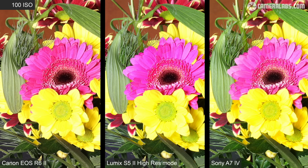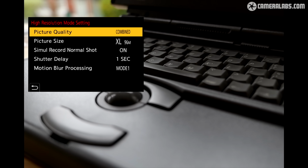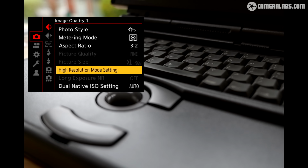Look closely and you'll see finer detail in the petals and leaves in particular. I personally feel the high resolution mode on the S5 II, which combines 8 frames while subtly shifting the sensor between each, really does give it a resolution advantage, at least for those who can shoot in fairly controlled environments. It's a useful feature which so far Canon has neglected to implement on any camera that I've tested, and if you want it on a Sony, you'll need to spend more on the A7R series, and also make that composite